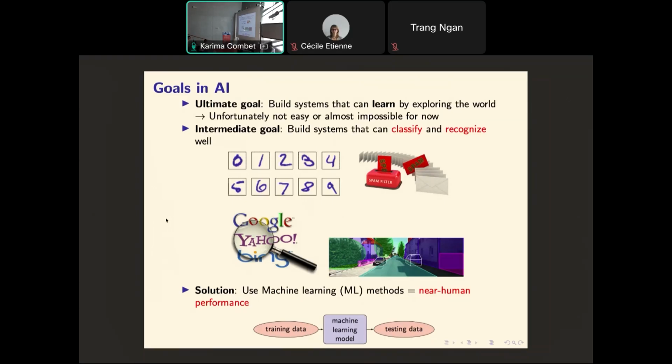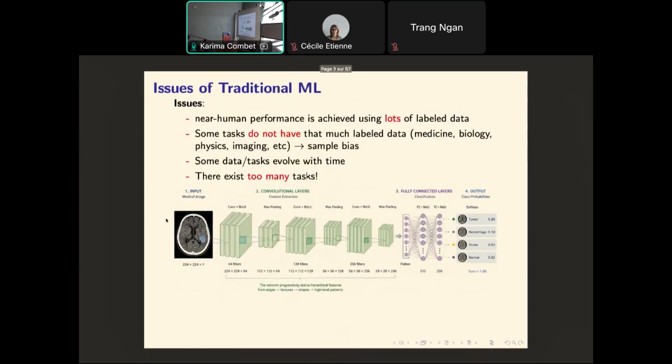So what we try to do is to identify a task that the system is able to address by specifying a data set with some data that characterizes the task to achieve. And if we have enough data for some task, models are able to achieve near human performance. It's also the case, for example, in medical imaging for some tasks. Good.